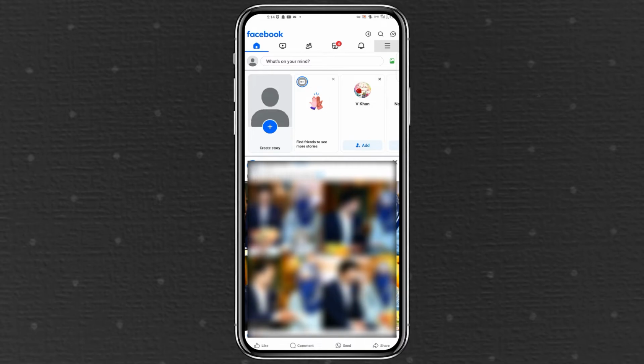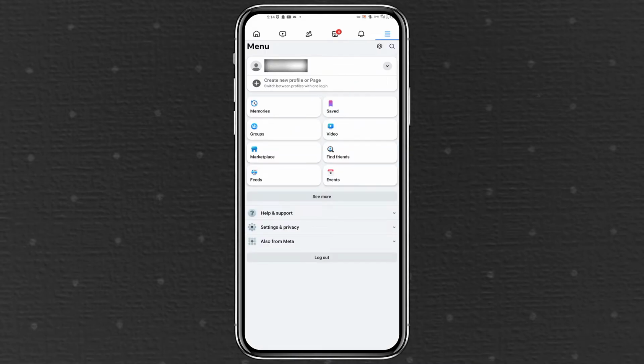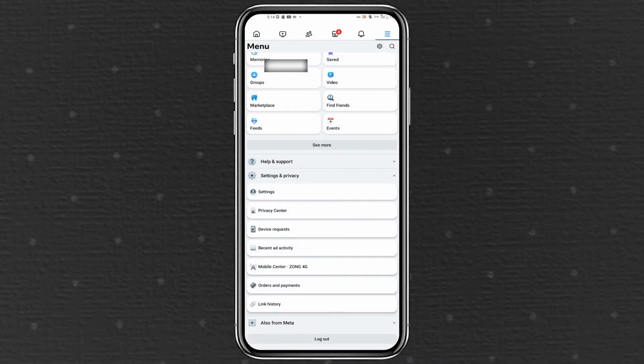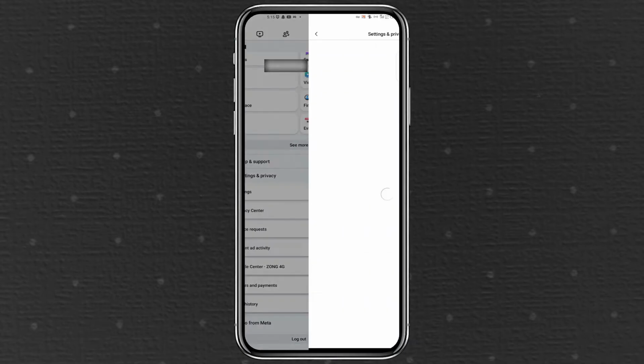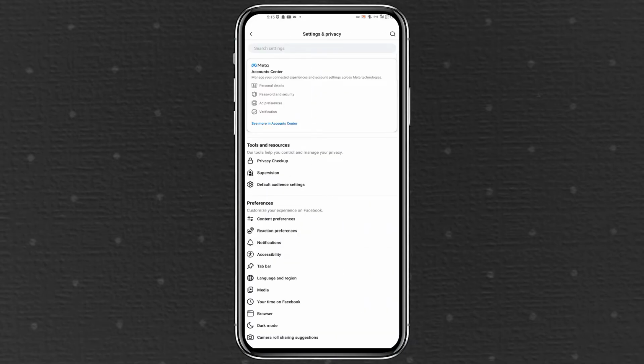Open your Facebook app. On the home screen, click on three lines at the top, right corner of the screen. Tap on Settings and Privacy, then tap on Settings. Once you're in the Settings menu, tap on the See More in Accounts Center option under the Meta Accounts Center